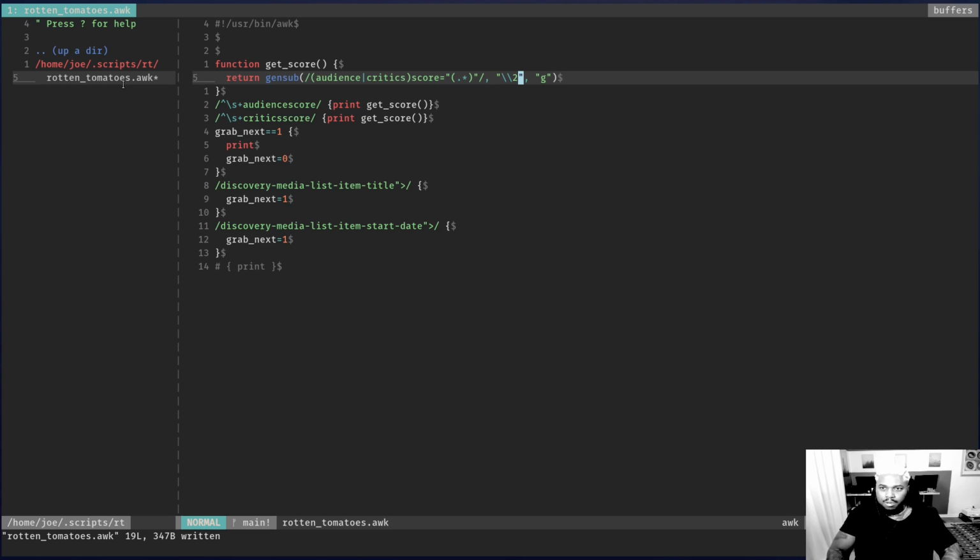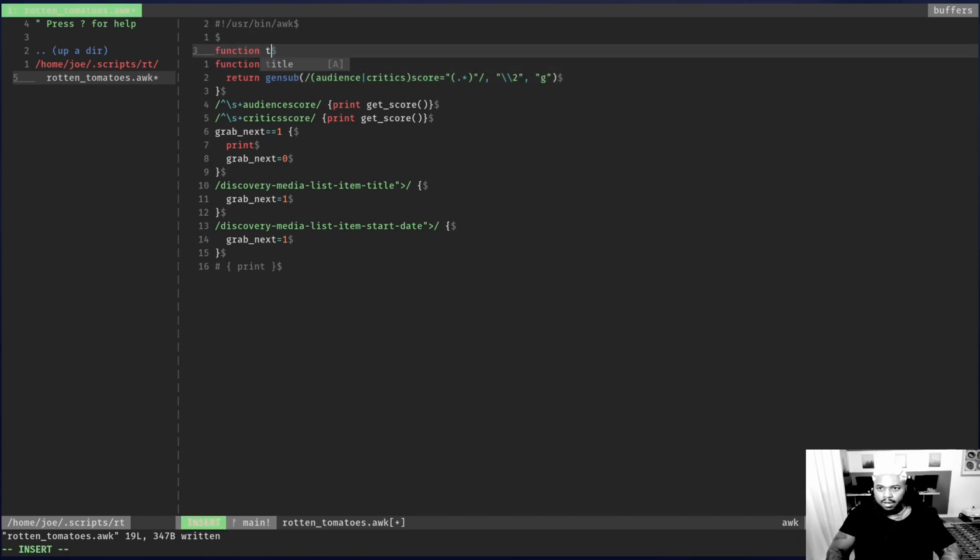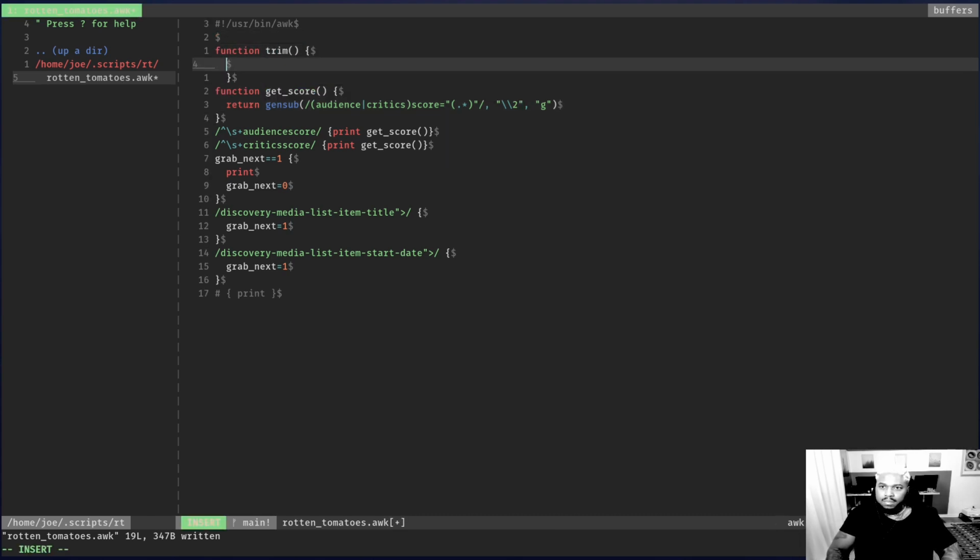So let's also maybe write a trim function to get rid of that. So to use this trim, I'm going to use something called gsub. And it's similar to gensub, but I'm not worried about the groups. And also, I think gsub does inline replacement without having to return or set a variable. So I can say gsub, and I want to,